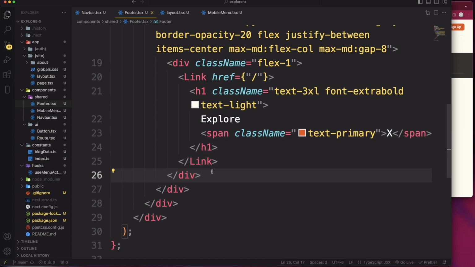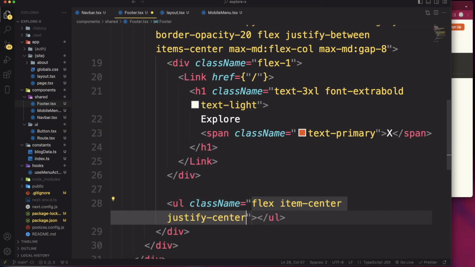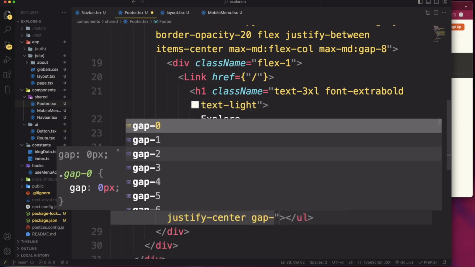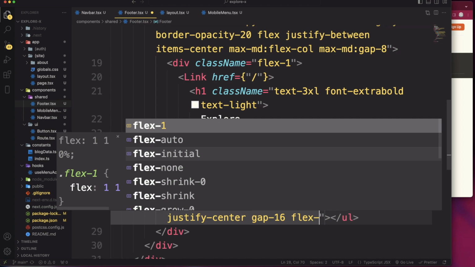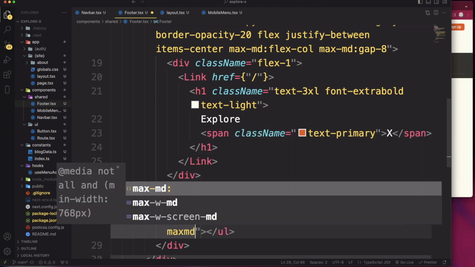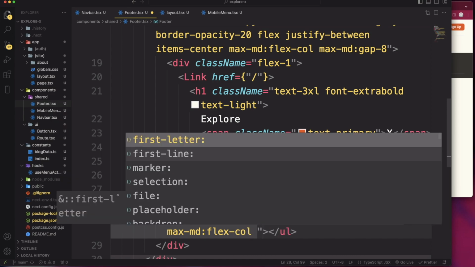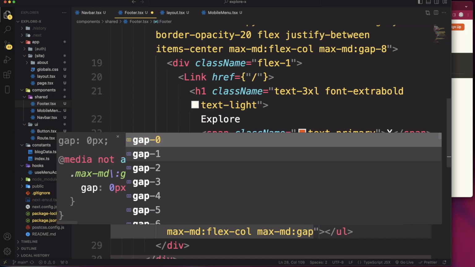So underneath this flex1 div there, we're gonna have our UL, and this is going to have a class name of flex, items center, justify center, a gap of 16, flex of 1, text of white, and on max MD, we want it to be flex col, and on max MD, we want the gap to be 5. Right,